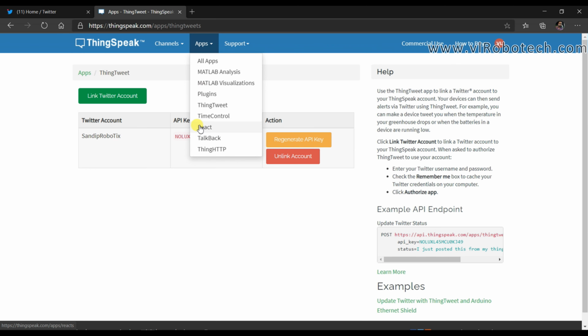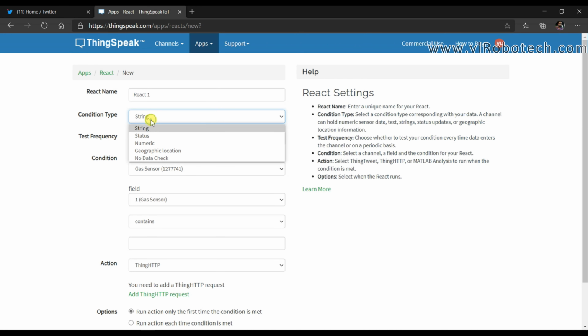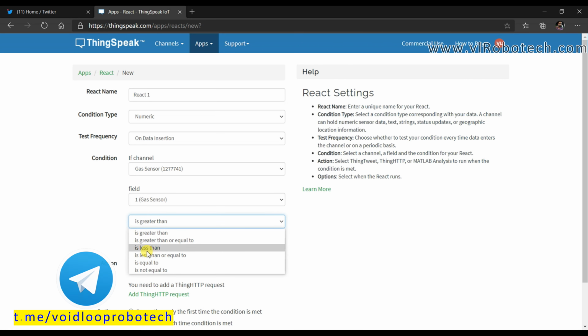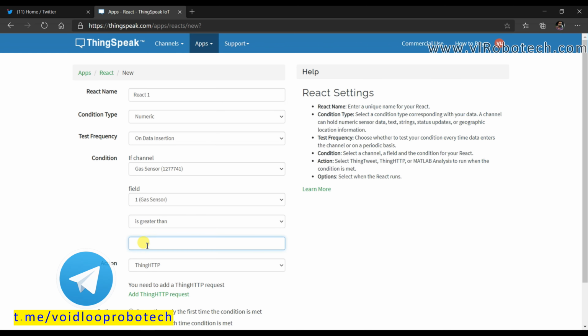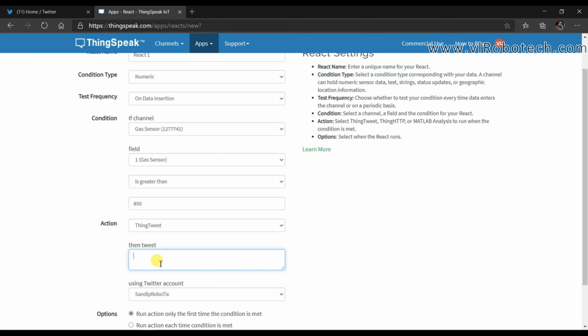and I will go to React, new React. This status is a numeric value, and if gas sensor is greater than 850, then it will tweet: smoke detected, hashtag.